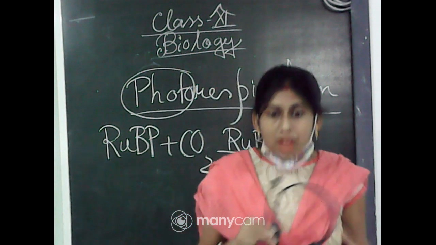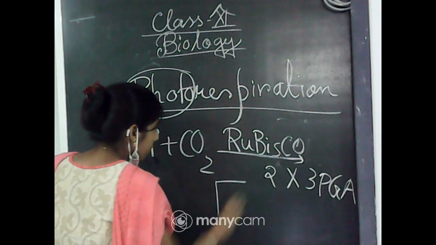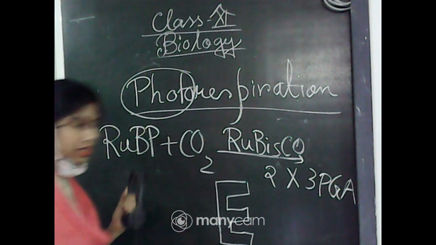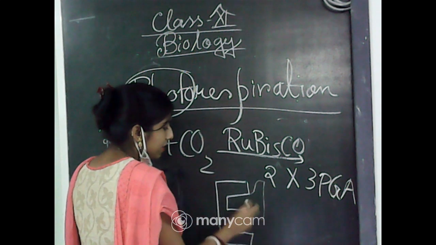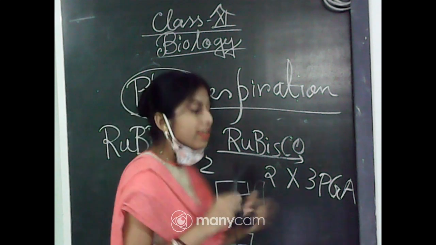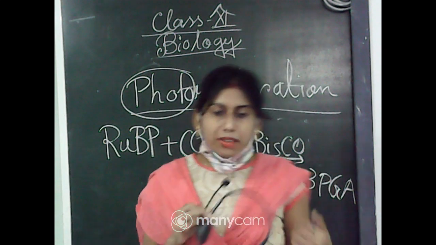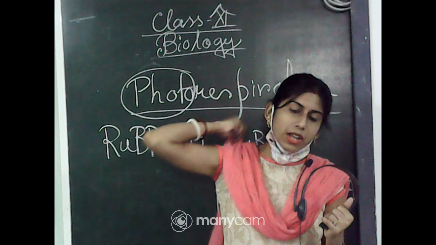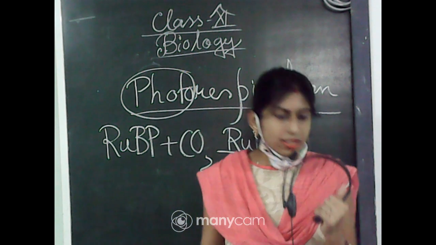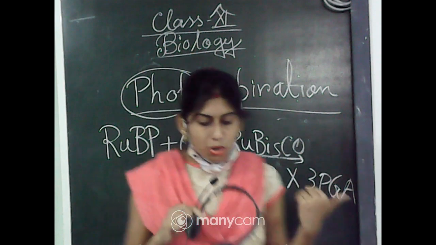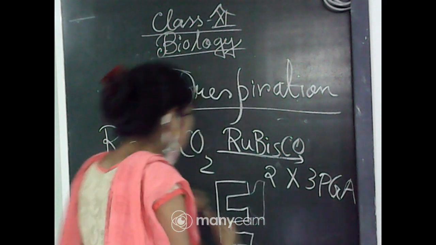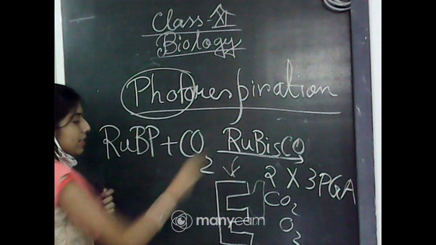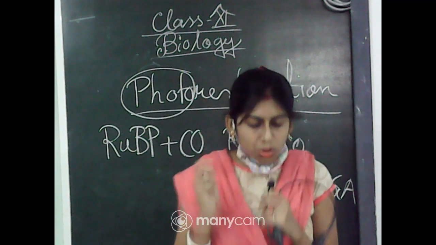Why? Because as you already read in the biochemistry part about enzymes, enzymes have a catalytic active site where the substrates can bind, and after that they make an enzyme-substrate complex, and after that they form a product, and the enzyme and product will be released, right? So Rubisco has an active site for both CO2 and O2.